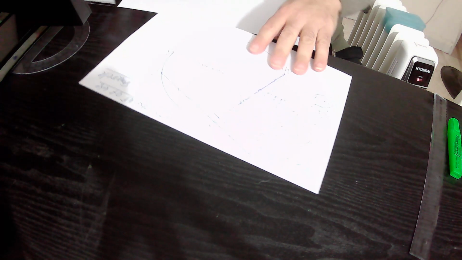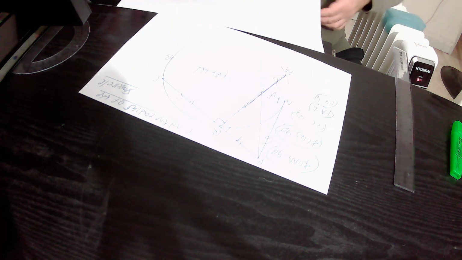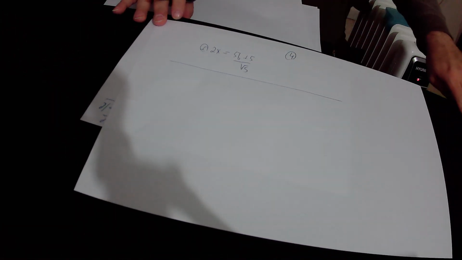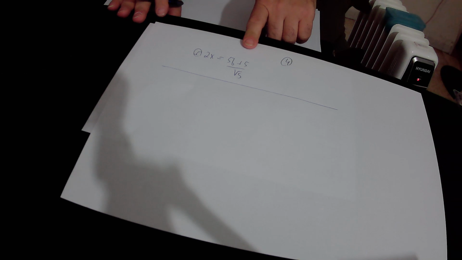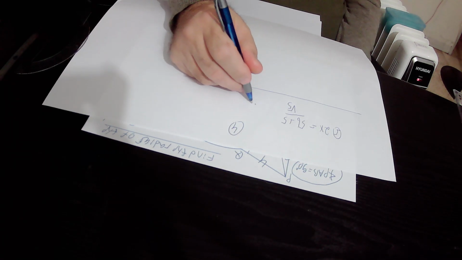According to equation number 1, 2x equals 5b plus 5 over square root of 5. Here we divide this equation number 1 by 2. And we get finally